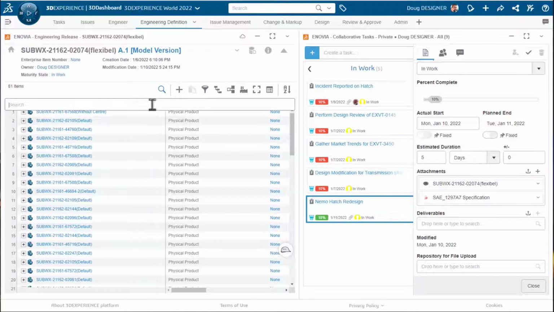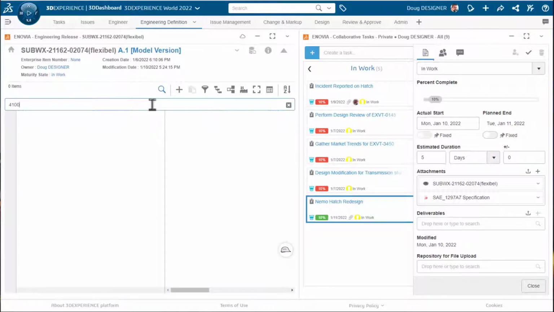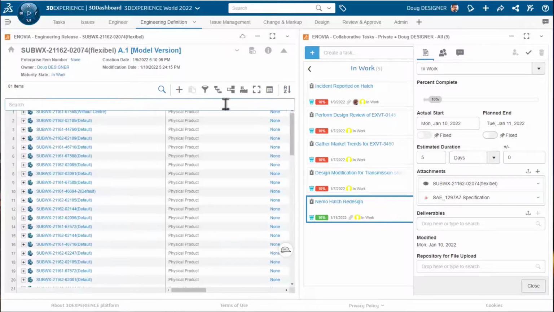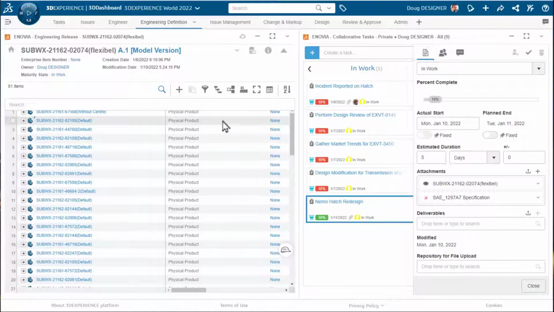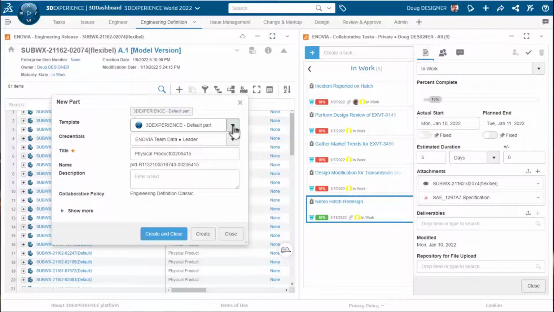If I go searching for this part that we were just looking at in SolidWorks and I save back to the system, I see that it's gone. There is no 4100 hatch anymore in the system. So I can see that the database is tracking in real time with the changes the designer's making while he's in his session. So at this point, what we want to do is start and initiate a new design in